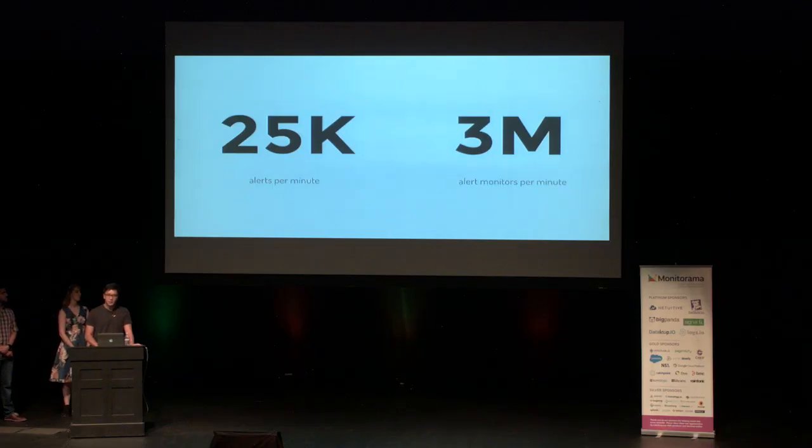So in its final days, the old alerting system handled 25,000 alerts, which together contained about 3 million monitors running each minute. And with this increased scale and use, the old alerting system began to demonstrate a few shortcomings. So we're going to frame those issues for you in the context of the 2 different ways that users interact with our platform. The first is the process of writing and maintaining alert and dashboard configurations, and the second is the way that our users interact with our alerting system while on call.